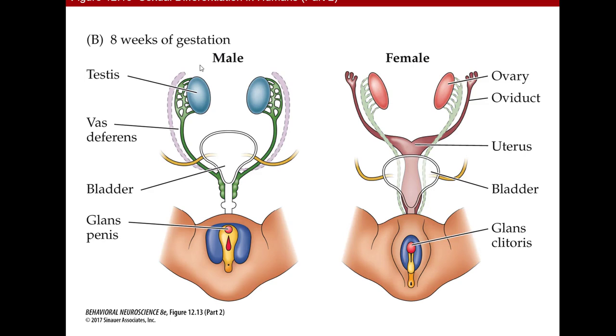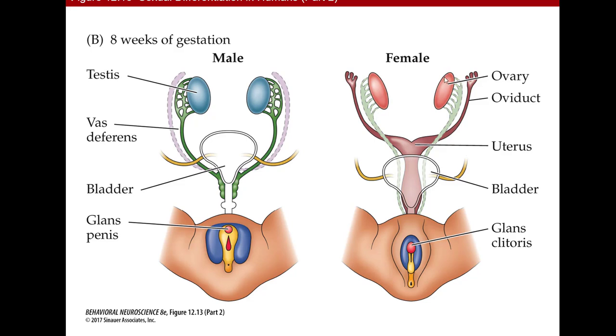Now, at this point on an ultrasound, you're not going to be able to determine the sex of the individual, but here you can see that the indifferent gonad is becoming, like testis would be, singular, testes would be plural here. And we have the Wolffian system that is developing, and the Mullerian system is starting to fade away here. And here, that genital tubercle is turning into more of a penis.